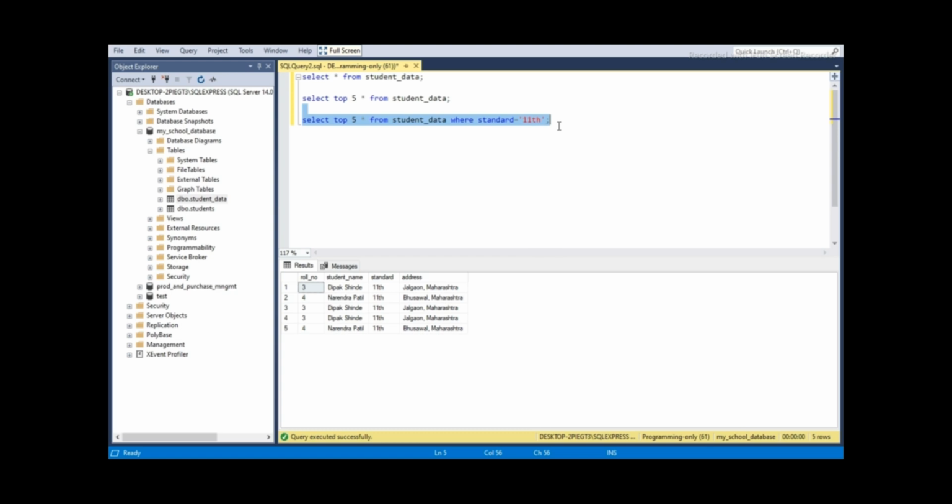It doesn't apply top 5 first and then the where condition. Firstly it applies the where condition and then the top 5 records are visible. We can check the result. Only 11th standard students are there.